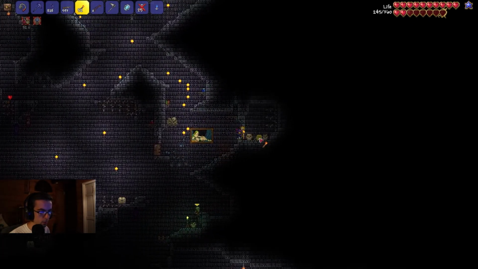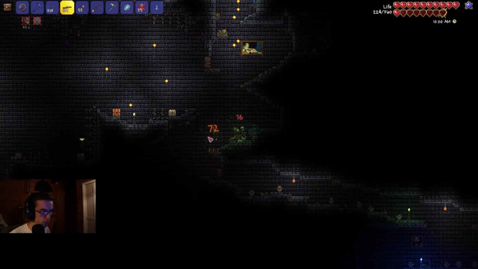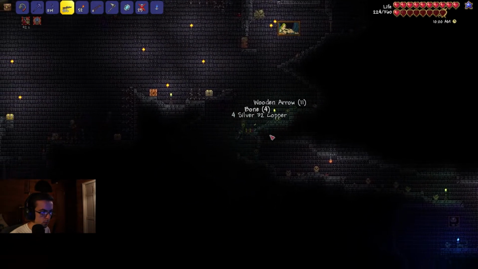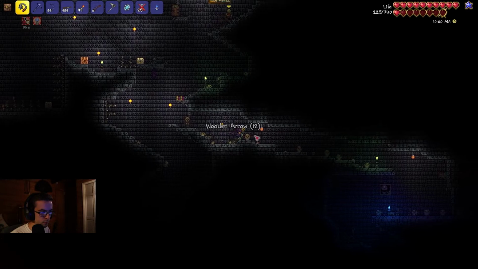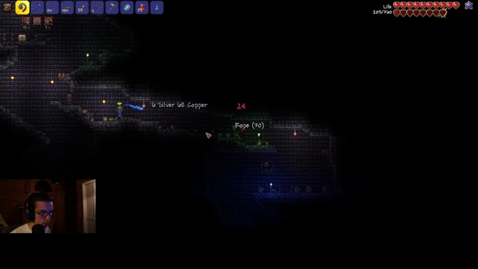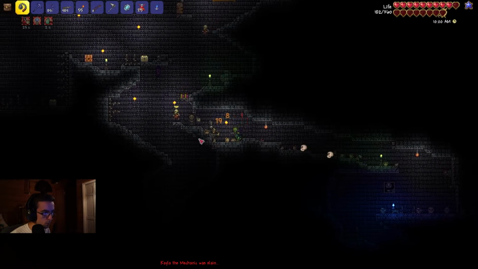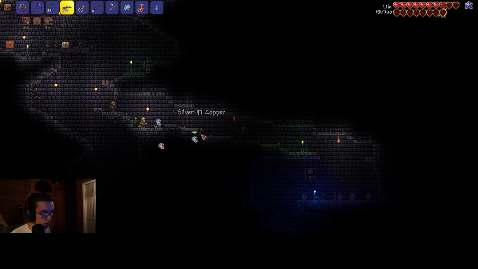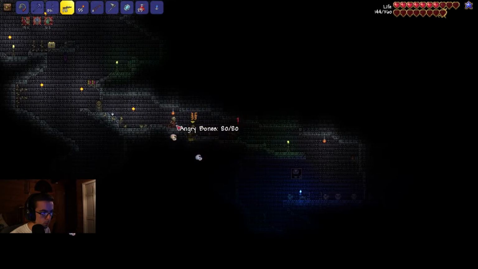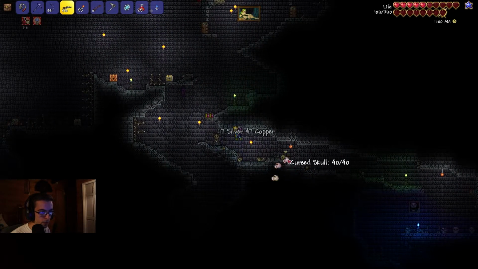The heck? You can sometimes, like I said, sometimes you can find the golden keys in those little vases that I'm breaking, but like I said, for the most part, no. Oh, this is so many enemies. Why are there so many of you? And I'm poisoned. This is... I can't even...